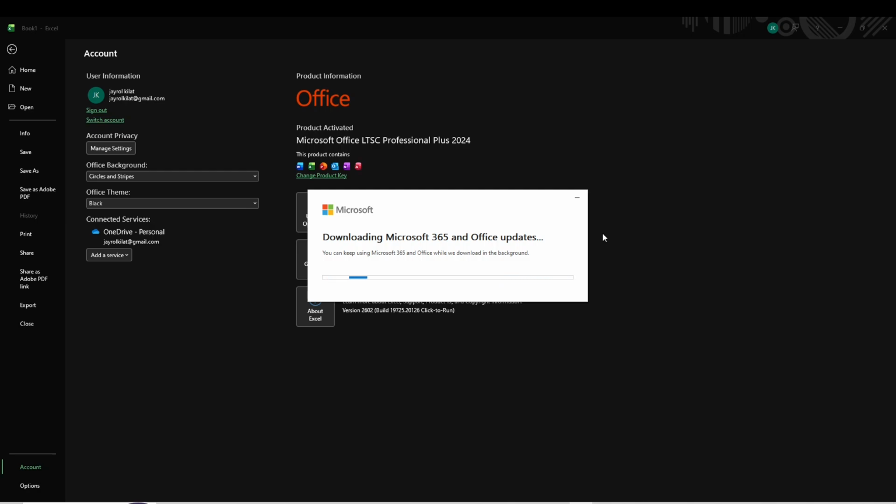Regularly updating Microsoft Excel is an easy way to enhance your productivity and maintain a secure working environment. By following these steps, you can make sure that your Excel application is running smoothly and efficiently with all the